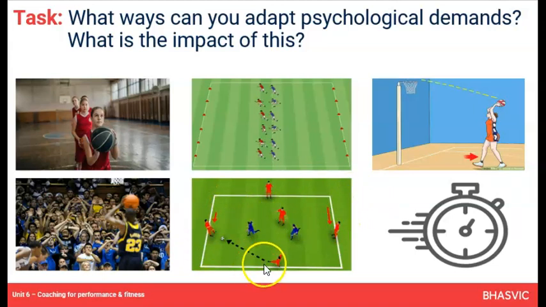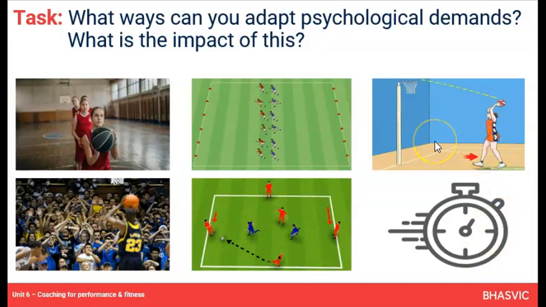Condition games, of course, can increase the intensity, having to work with other players. We've got an outnumbered red team, 1, 2, 3, 4, 5 red players against 2 defenders. This is a practice for the attacking red players. So again, you're increasing the number of things that the red players have to weigh up and make decisions about in order to keep possession and achieve whatever task they've been set.